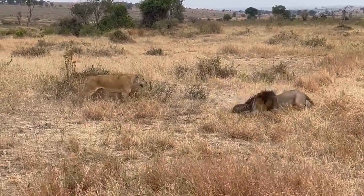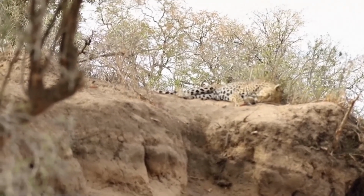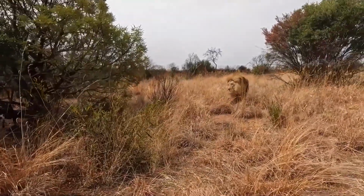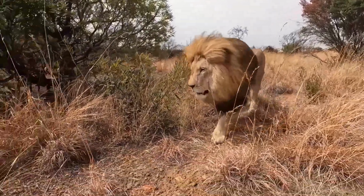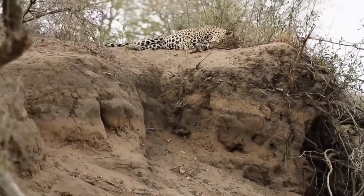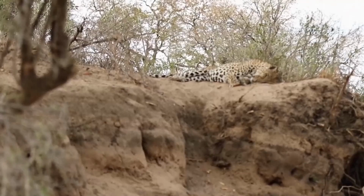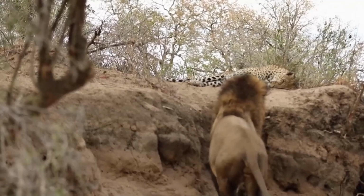So now the lion's task is to sneak up on the spotted competitor unnoticed. A step, another step, then another, and now the leopard is within striking distance. Are you worried about him, or do you wish good luck to the Leo? Who are you rooting for in this case? It seems that in a second, the King of Beasts will be celebrating victory, but at the very last moment,